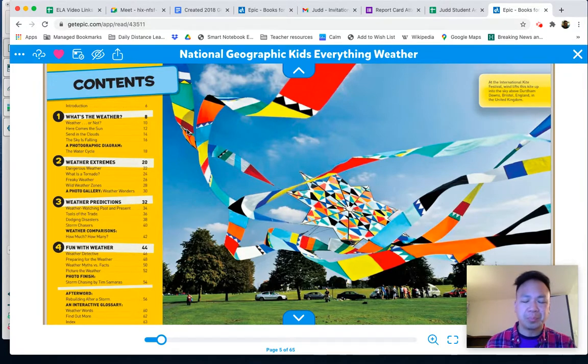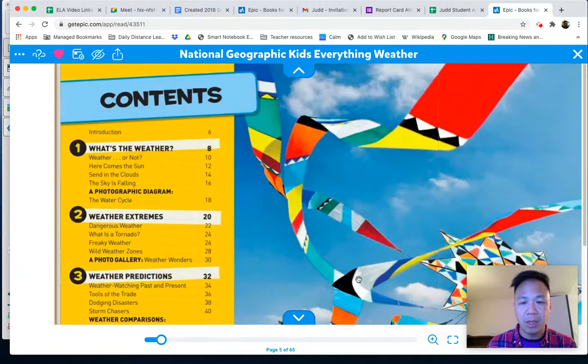And I know a lot about nonfiction books and how they work. Since it's called Everything Weather, it's going to tell me a lot about all types of weather, probably some weather and how it forms, and then probably some extreme weather. So let me see what the table of contents says. We're going to do what's called preview. Let me look a little bit closer and see what we can come up with.